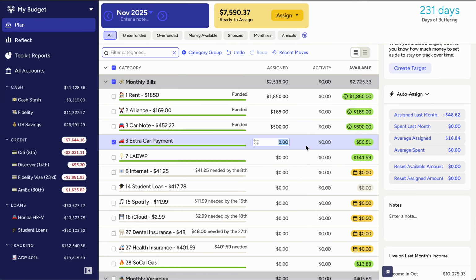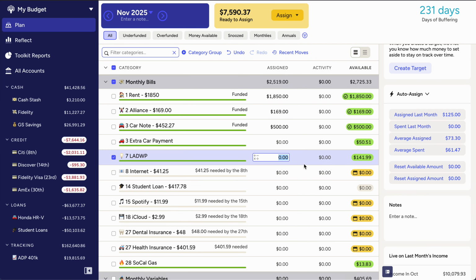And then I have this category here where I've labeled it extra car payments. So basically any interest that I get from my accounts, or any cash back that I get from my credit cards, or Rakuten payments that I get, any extra income, basically, I throw into my extra car payment so that I can make a larger car note and hopefully pay my loan down faster. So I don't actually add things to here from my month ahead category or the income that's currently in my ready to assign. It's just I add throughout the month.